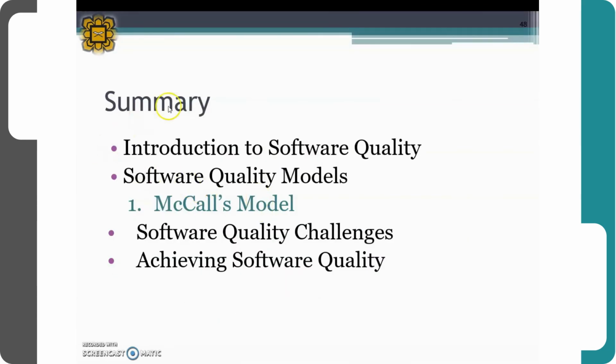So in this topic, we have looked into software quality and the model, the challenges, and achieving software quality. So with that, I end the